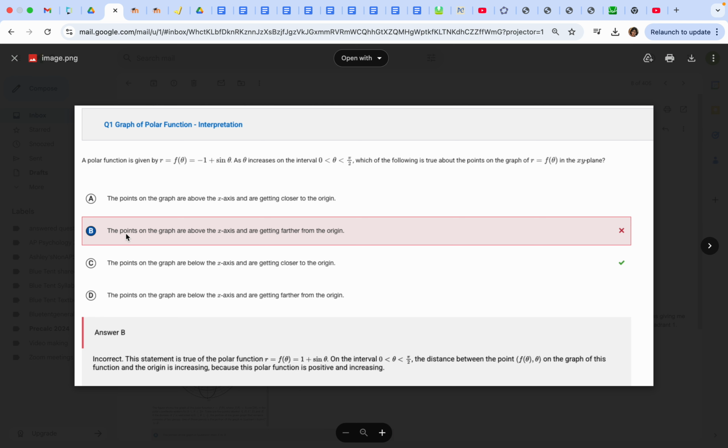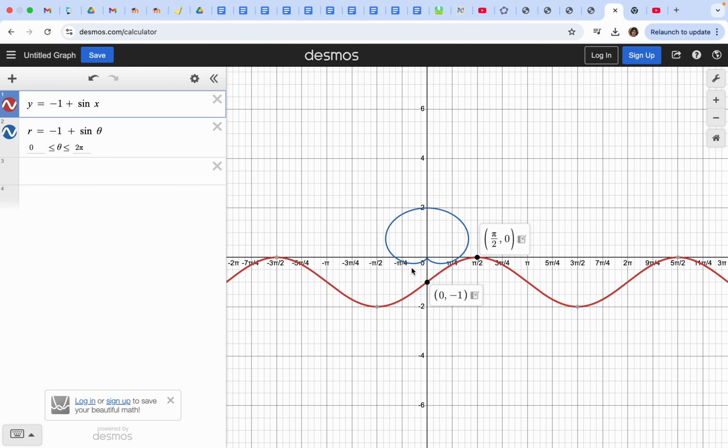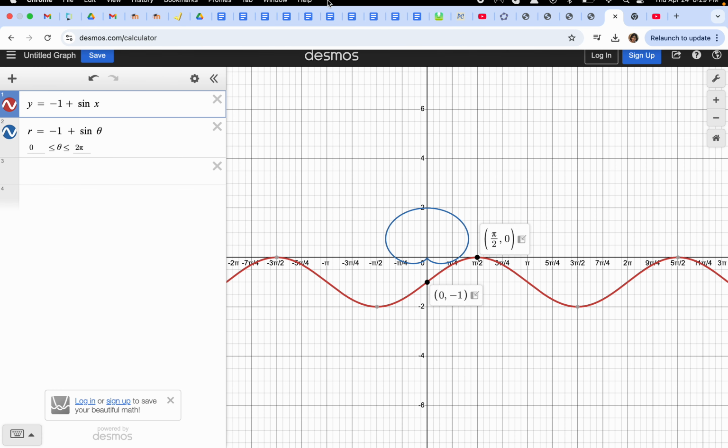So that's what's happening. The choice that says the points on the graph are above the x-axis is wrong, because we can clearly see that the graph is negative, so they're below the x-axis. All right, I hope that helps. If not, let me